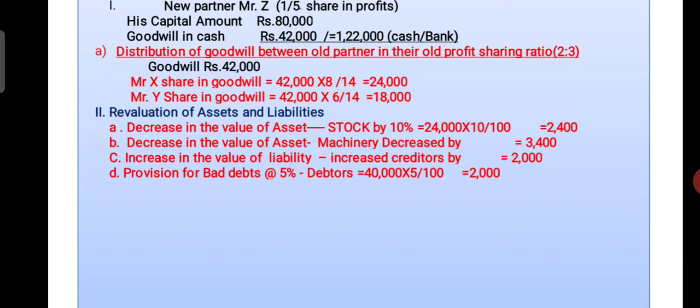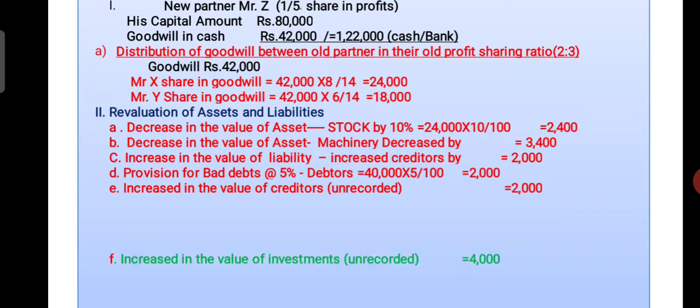Provision for bad debts. So remember, this provision for bad debts on debtors always comes on the revaluation account debit side, and at the rate of 5% we have to calculate on the book value of debtors. So the book value of debtors is rupees 40,000. If you calculate at the rate of 5% on 40,000, you will get 2,000. It also decreases, the effect will be a decrease in the value of assets. So it comes on the revaluation account debit side. Next, increase in the value of creditors. Okay, I think this point is repeated.